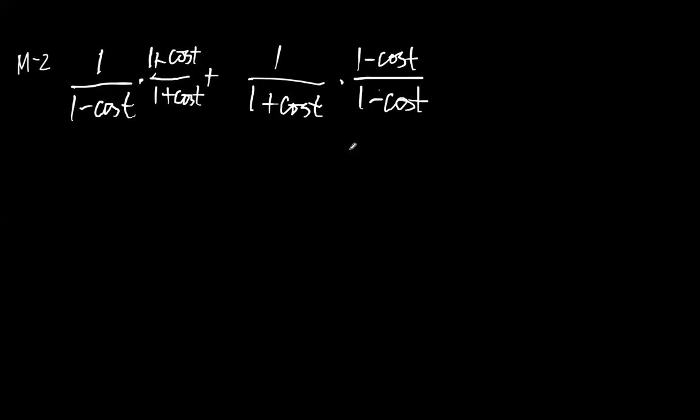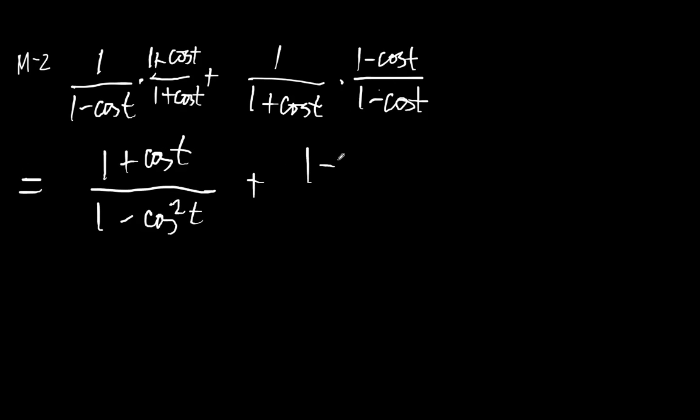Now the conjugate class usually simplify or re-express the given expression in other form such that it could be simplified or sometimes it could be rewritten into a complex expression. Depende. Depende kung paano siya ginagamit or paano mo siya gagawin. Okay? So here, ang gagawin natin, we're going to simplify this and multiply. This is 1 plus cosine t over 1 minus cosine square t plus